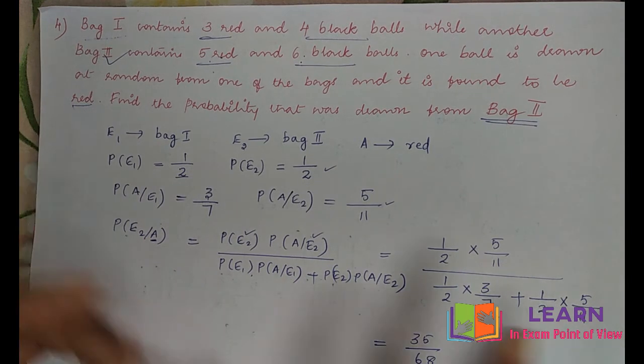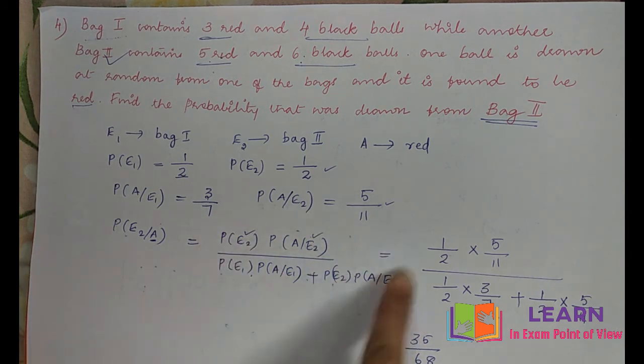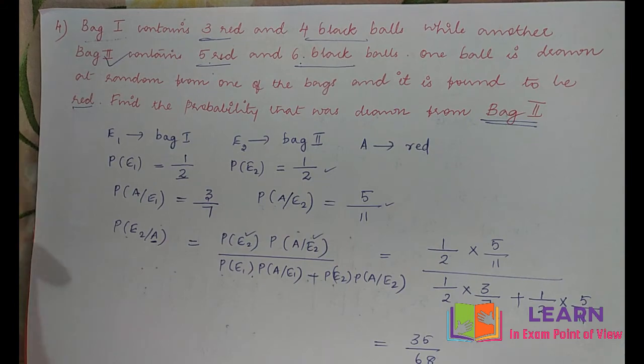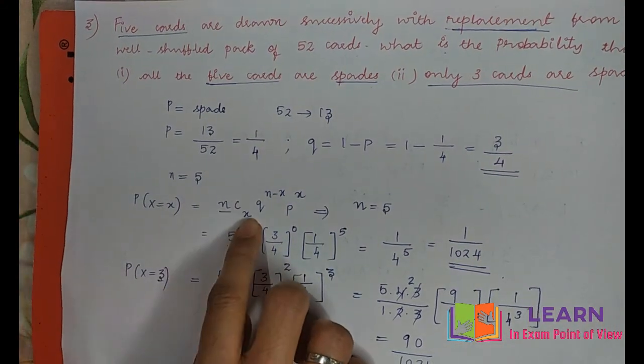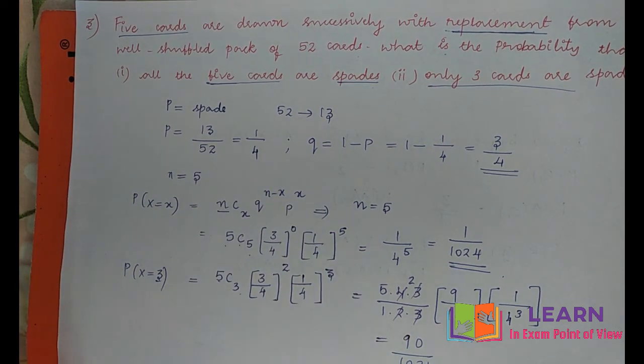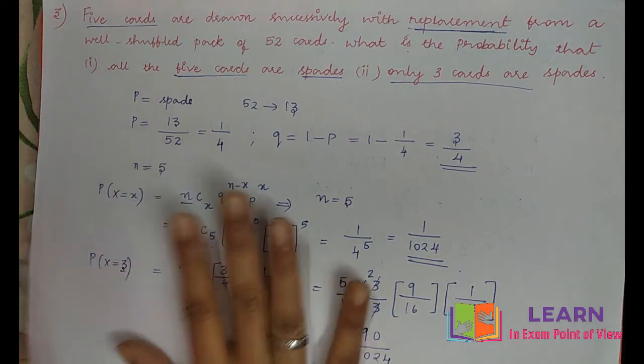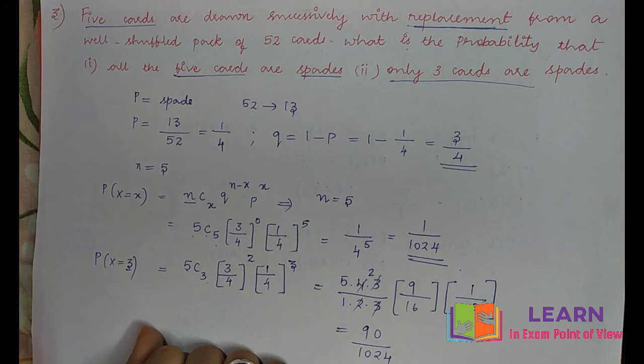Okay, students, so in the 5 mark section, practice this Bayes' theorem type problems using this formula and also Bernoulli's trials. Bernoulli's trials formula, this one, nCx q raised to n minus x, p raised to x. So from these two sections, you can expect the 5 mark question. So practice these similar type questions, okay?